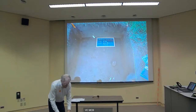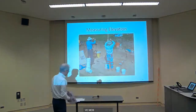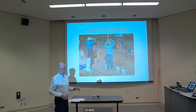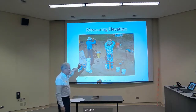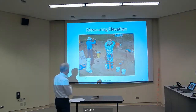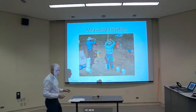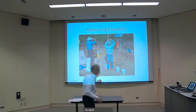I talked about measuring artifacts. That's what's on the next slide. And I talked about how we use a line level. They're using a line level. And the line level is connected on the left to a datum. You can't see it, it's not in the picture. And there is the little bubble itself. And then it comes over here. I'm going to explain again how you use this because I don't think I did a good job explaining it before. But